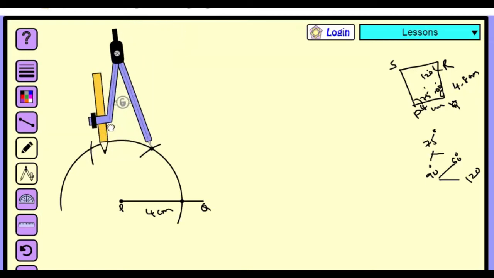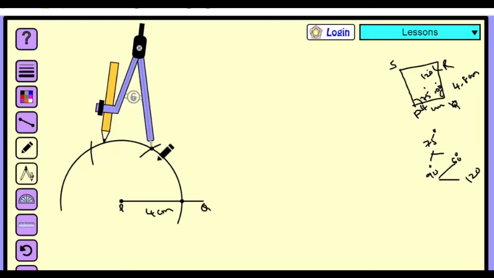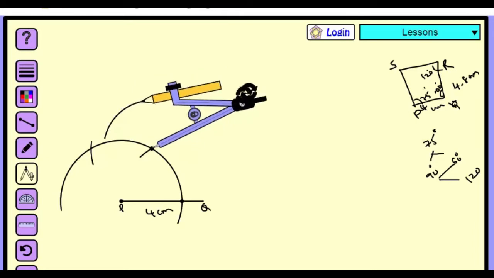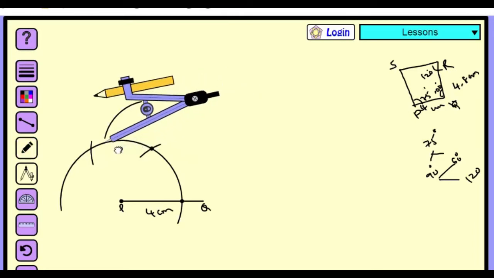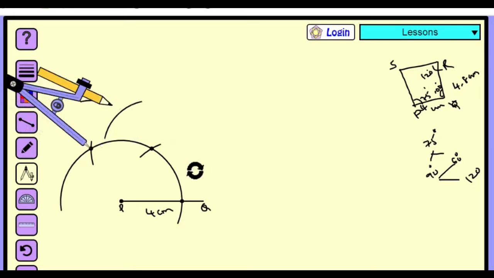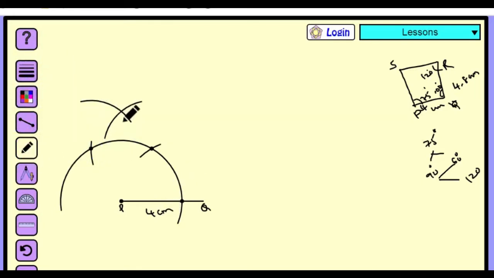Now here we are going to bisect the 60 and 120. For that we need to take the compass radius more than half of the 60 and 120 degrees arc, and with the 60 degrees point as center we draw an arc. Again, with the 120 degrees point as center, we draw another arc which cuts the previous arc at 90 degrees. Now we don't want the 90 degrees arc, so just mark the point with a dotted line or draw a half line to indicate the exact location of the 90 degrees on that arc. Now here we are getting the 90 degrees and here it is 60.